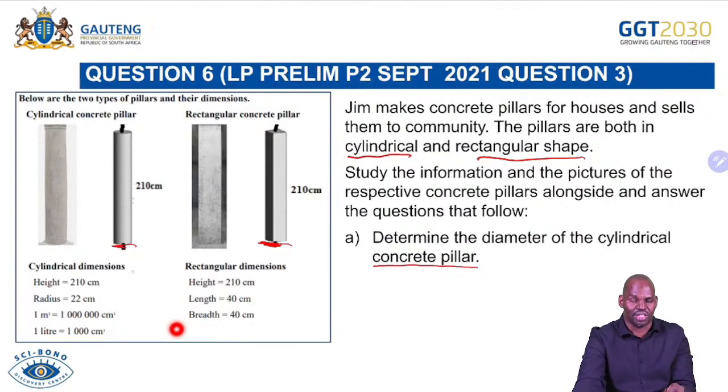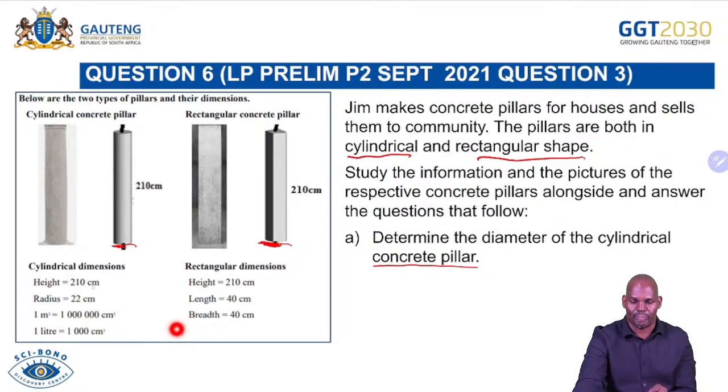The information given there is height is 210 centimeters, radius is 22 centimeters, and then 1 cubic meter is equal to 1 million cubic centimeters. And then we've got again 1 liter is equal to 1,000 cubic centimeters. So you just need to check because you might need some, if not all, of this information to answer the